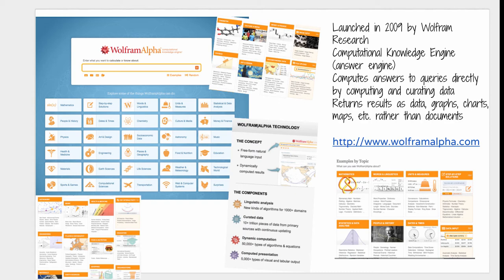It has algorithms for more than 1,000 different domains. It has 10 plus trillion pieces of data from primary sources, which it's continually updating. It has a computed type of presentation, and it has more than 5,000 types of visual and tabular output. I highly recommend you take a look at this. And if any of your clients or students are doing comparisons or working with data or need to chart something,